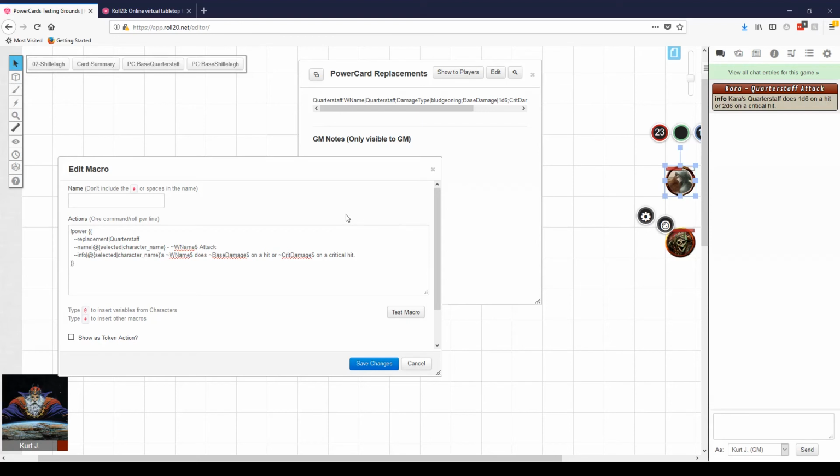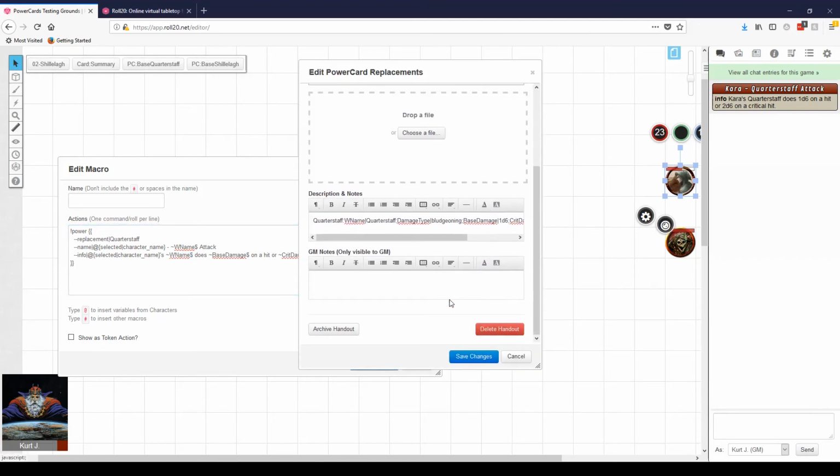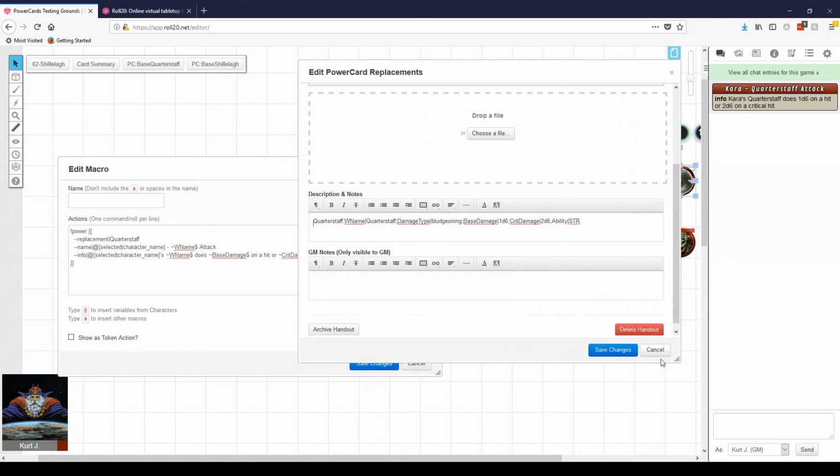hit. But what's important to note here is that the identifiers, the keys, are being replaced by the text in the macro or in the replacements list. So let's go back and edit our replacements list real quick and add another replacement line. This one, and let me make this bigger so you can see it. This one we'll call Shillelagh. Again, W name is now going to be Shillelagh. Damage type